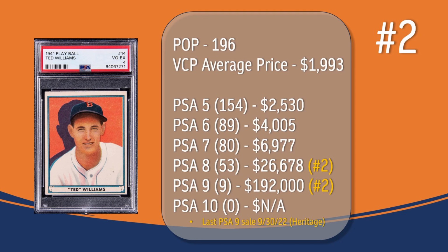There have been 80 graded a PSA 7. They sell for around $6,977. There have been 53 graded a PSA 8. They sell for around $26,678, also placing the Ted Williams at the number 2 spot in terms of PSA 8 graded copies on this